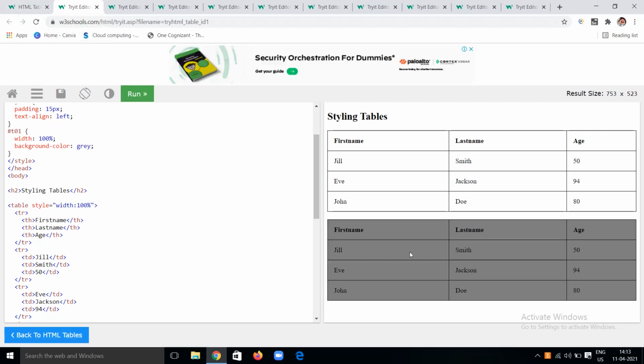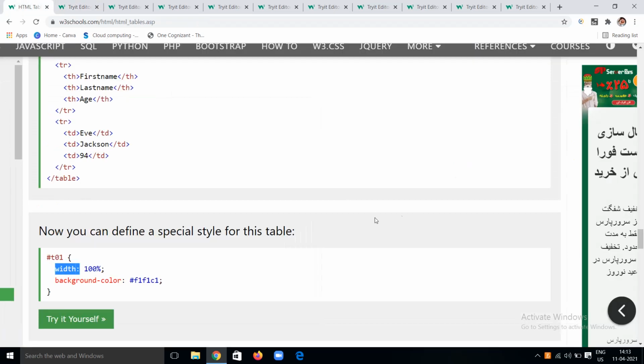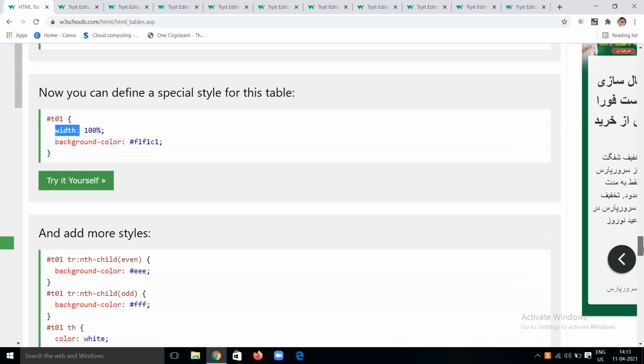Like the things will apply. Next you can also apply these colors in a different way, like for odd number of rows, for even number of rows we can make the changes there. Let's see in the next example how it will look.